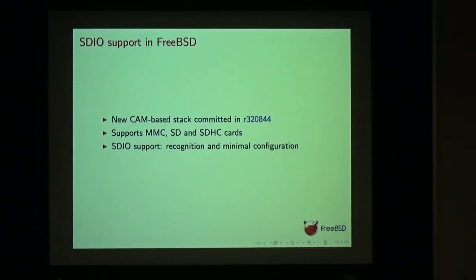So the new CAM-based stack, I have managed to bring it into a committable form last summer and committed in that revision. And now it supports MMC, SD, and HD SD high-speed cards. Basically the same stuff that the old stack supports. And for the SDIO part, it supports recognition, minimal configuration, and I'm working on bringing new bus so that it's possible